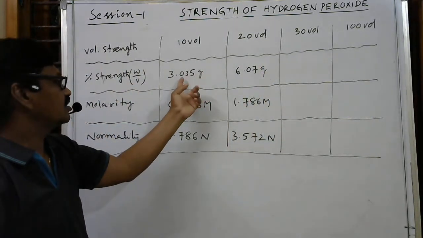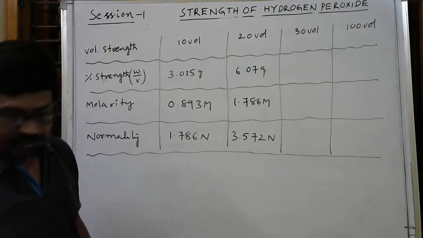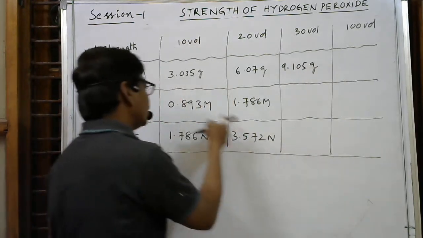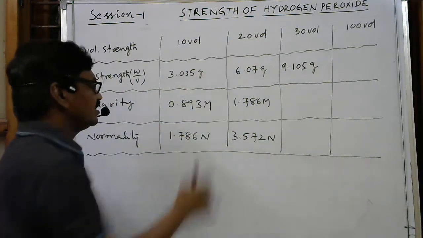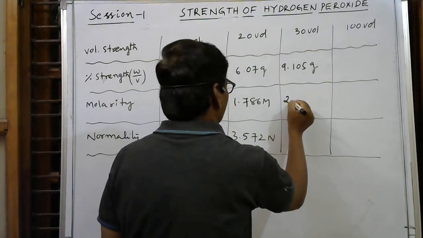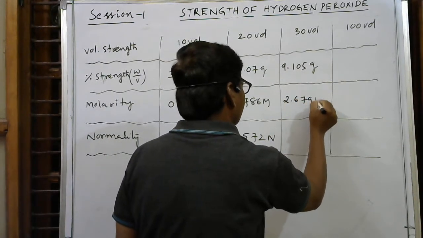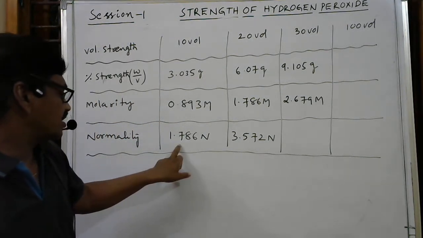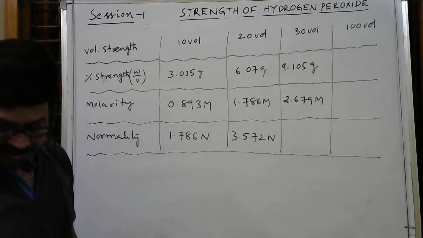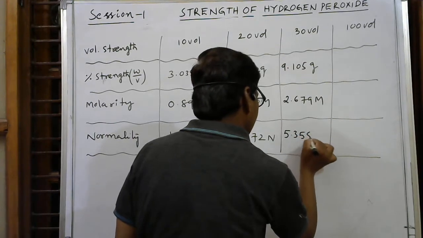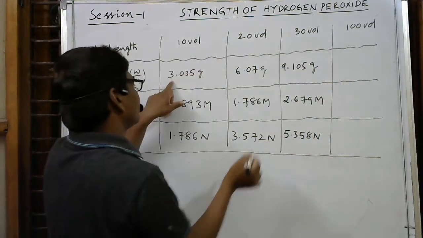For 30 volumes, triple of this means 9.105 grams. Here also 0.893 into 3, how much can we get? It is 2.679 M. Normality is also triple of this, 1.786 into 3, it is 5.358 N. 100 volumes means into 10, so you can easily write